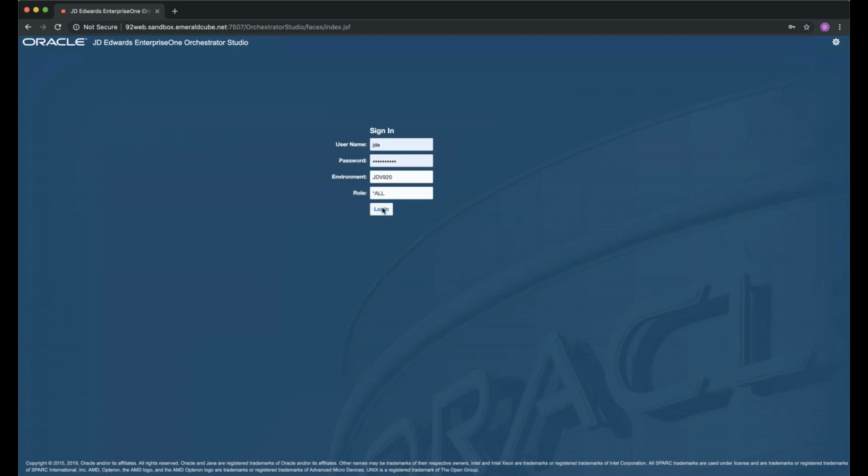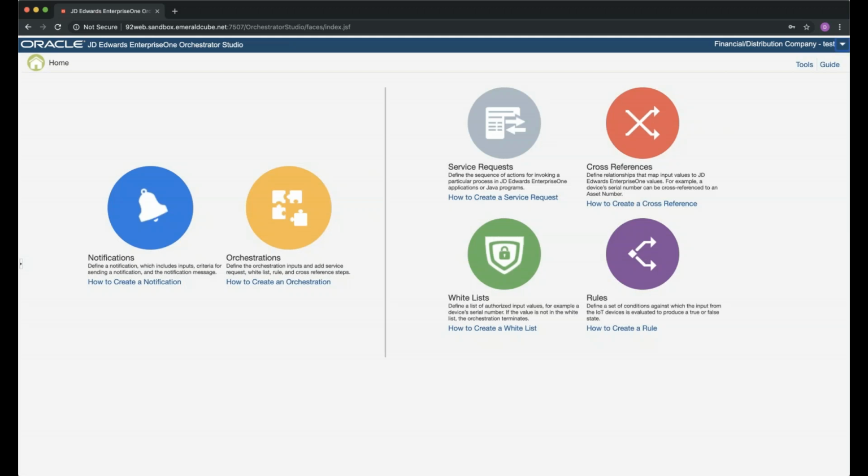So here's just our general login. We click the login button, and this is the screen that we're greeted with. Of course, we have the orchestrations, which are on the left side. Oracle has put this divider in. So you have the overarching notifications, which are the larger baskets that are actually taking care of these pieces. That's where we have all the pieces put into.